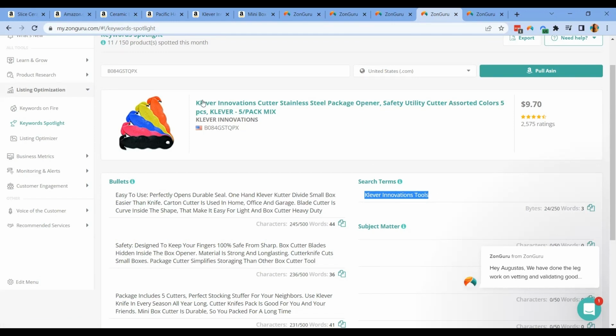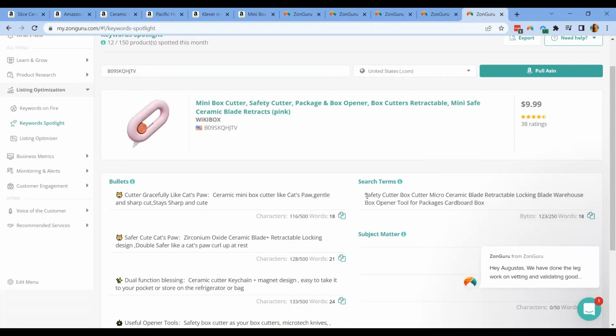Alright, so the last one is this one. I pulled up the ASIN. Alright, so here they also included safety cutter, box cutter, micro, and then ceramic blade, retractable, locking blade, warehouse box opener, tool for packages, cardboard box.